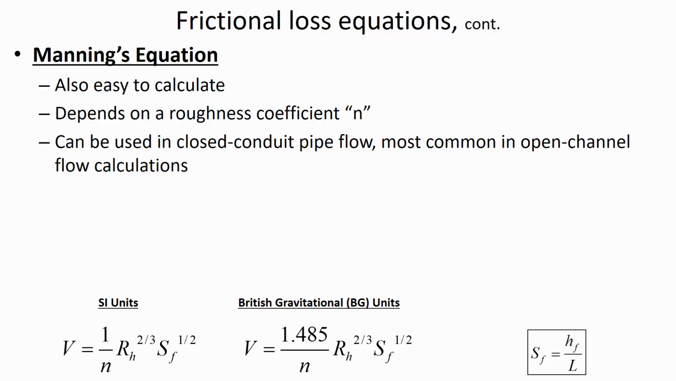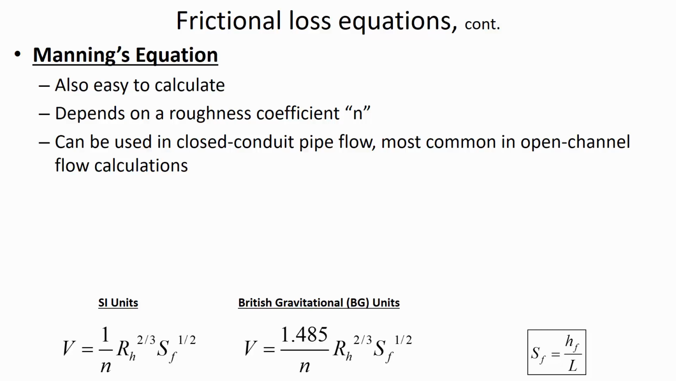All right. Well, another one of the empirical loss formulas is called the Manning's equation, and it's also easy to calculate because the friction factor doesn't change as a function of flow rate. It's a constant. Instead of the variable C, in Manning's equation, the friction coefficient is given an n. Technically speaking, it can be used for closed conduit flow, like we're doing in this section of the course, but